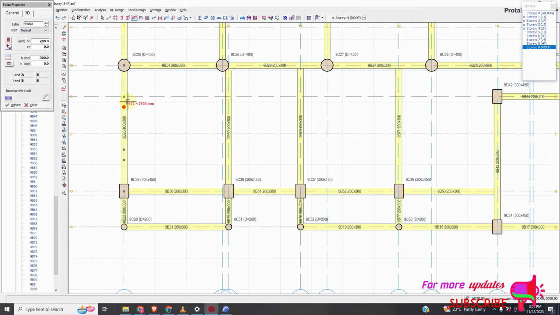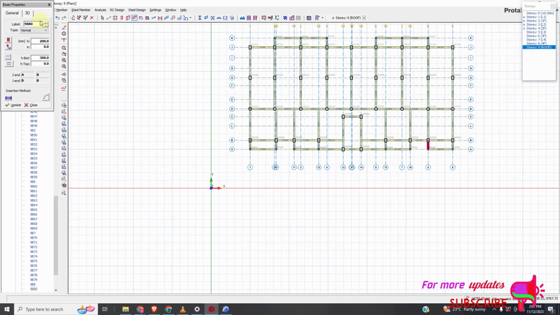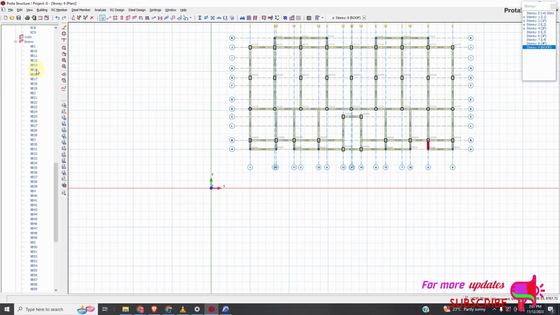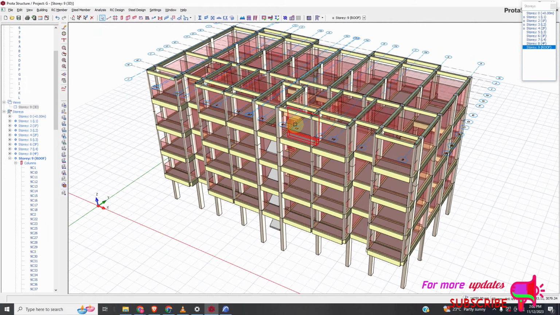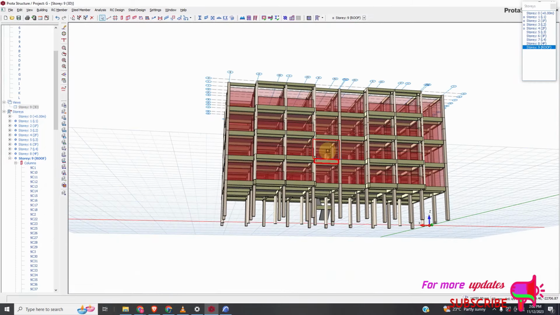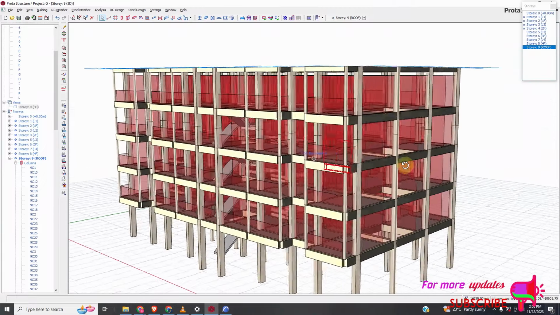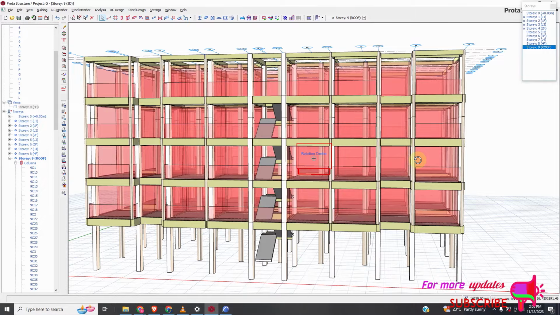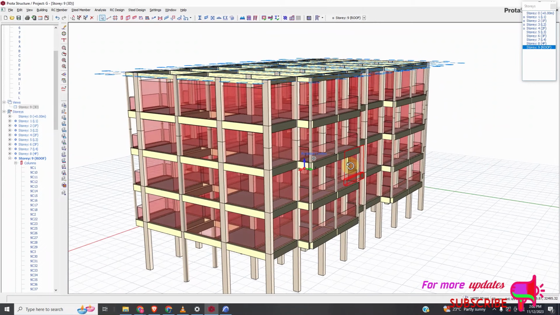So if I will go up to this, no, not necessary. So you can just leave it like that, and then let's view the 3D. Okay, you can see this one, G+4. Of course, there are no cards for doors and windows, but there's no problem because it is good to design for maximum